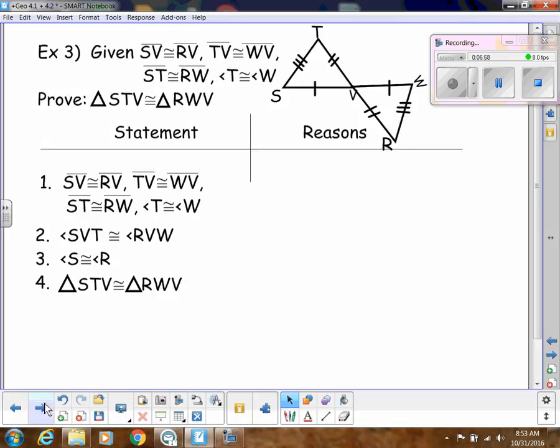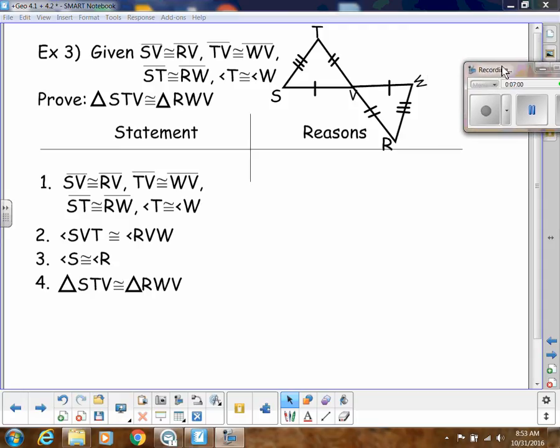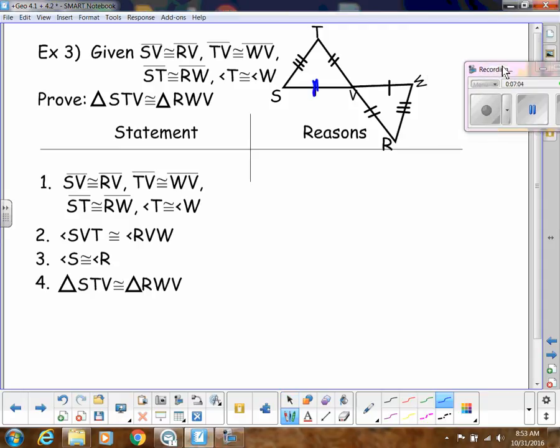And we can also use that in proofs. So for example, look at all this stuff that we're given. We're given SV is congruent to RV. That should be a single. And then TV is congruent to WV, and then ST is congruent to RW. So that's the triple. So all the sides are congruent,